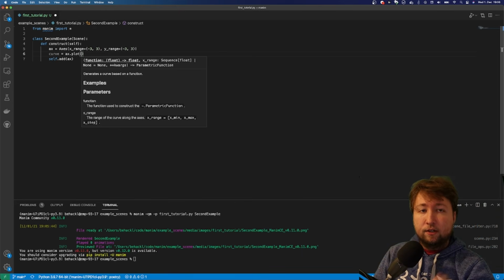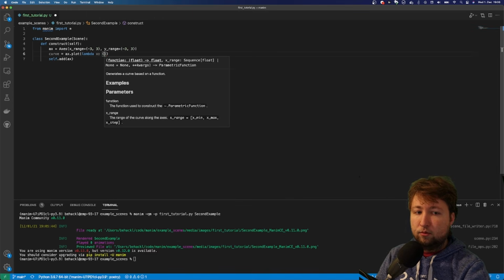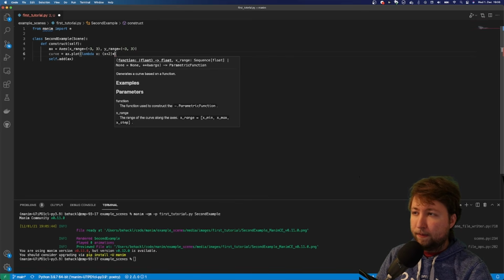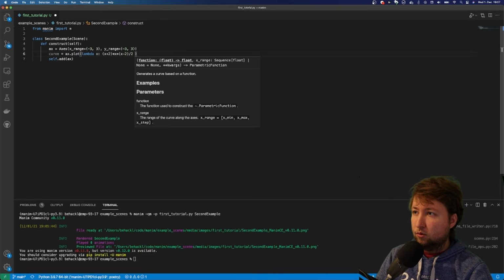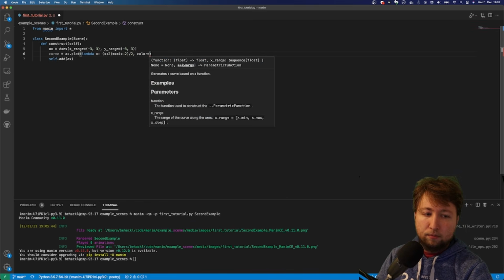And for specifying a function, I could either write a function outside somewhere, define an extra thing, and then pass this here, or I could write an inline function. And in Python, inline functions are specified using the keyword lambda. So I say lambda x should be mapped to, I don't know, something sort of funny. Let's put (x plus 2) times (x minus 2), and maybe that over 2. It fits the screen, maybe. Let's see. And I can also specify the color. Let's do that. The color should be, let's put red.